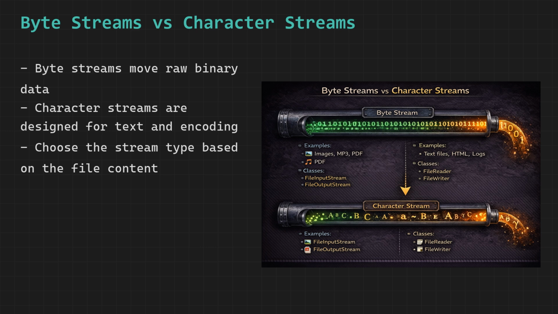A byte stream is like a heavy-duty pipe. It moves raw binary data, which is just ones and zeros. This is perfect for complex files like photos, music, videos, or any file where the data is not meant to be read as human language. Byte streams do not try to interpret the data in any way. They simply transport the raw bytes from one place to another exactly as they are. The main classes in this category always end with the words InputStream or OutputStream, such as FileInputStream and FileOutputStream.